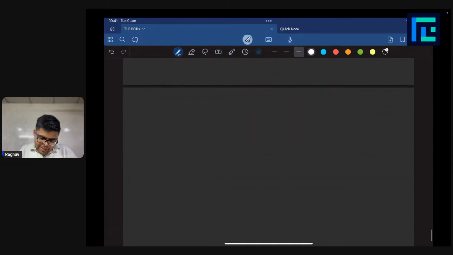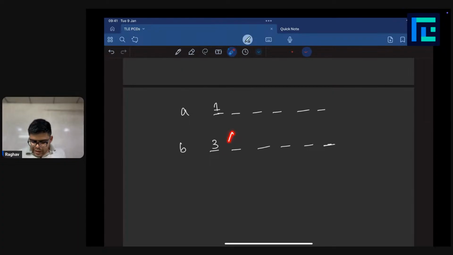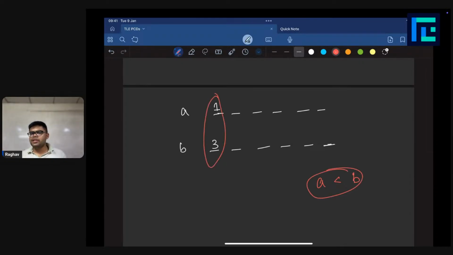the idea is, let's say you have two permutations, A and B, of n integers, all integers from 1 to n. The first permutation A has the first element 1, and the permutation B has the first element, let's say, 3. Does it really matter what comes next for deciding which one is lexicographically smaller? No. A would always be lexicographically smaller than B if the first integer is different,